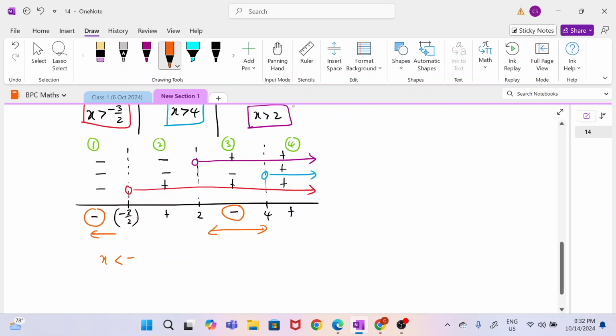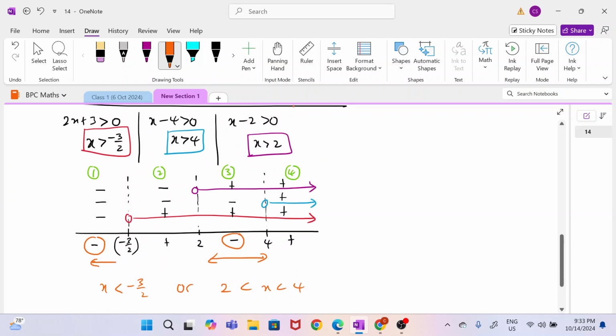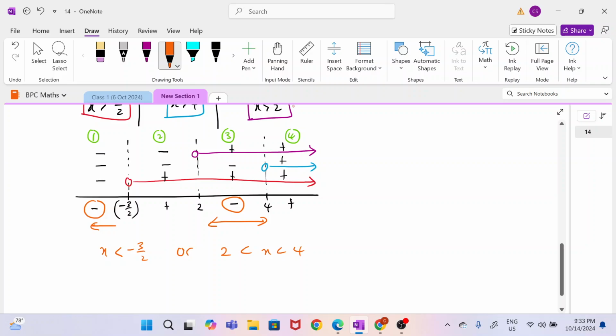So x is less than negative 3 over 2, or in between 2 and 4. x is less than negative 3 over 2 or negative 1.5, or x is in between 2 and 4. That should be the answer. But then